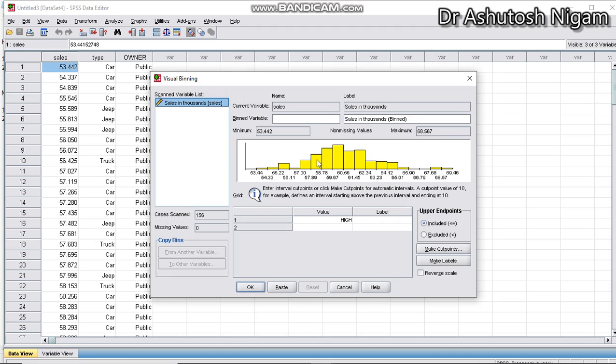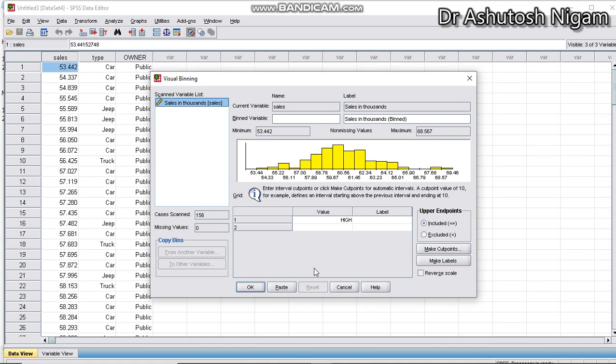If you see, the entire curve is not normally distributed. On the right hand side, around 67.68, there is a possibility of an outlier. Otherwise the data is a clean one and more or less the majority of your data is normally distributed, so your parametric test is going to fit.